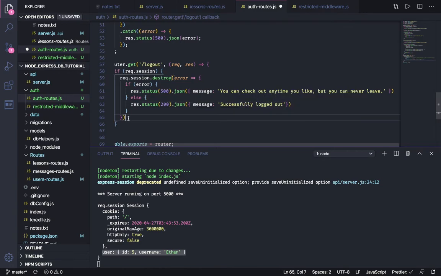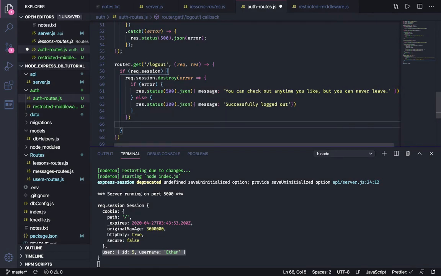And then we've got to have a catch. In other words, if it doesn't find a session at all, I guess we need to have another else. If req.session, else